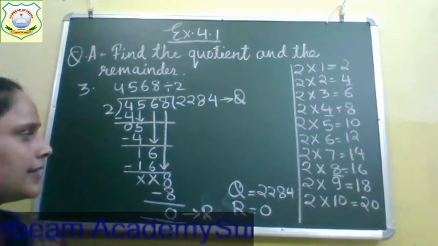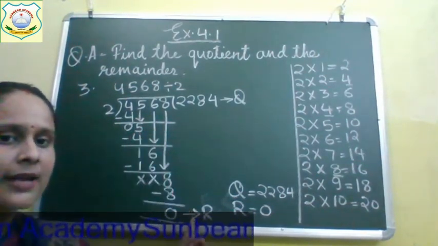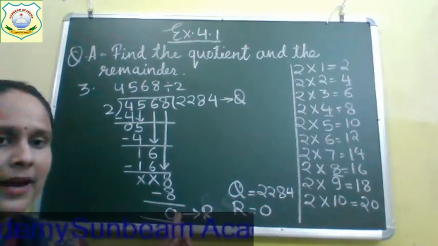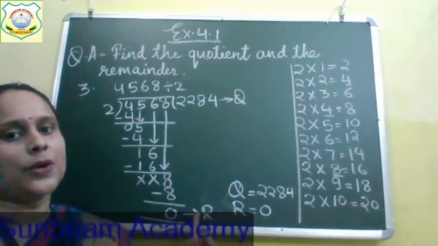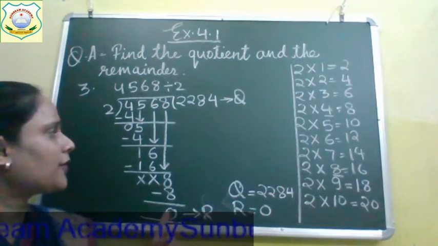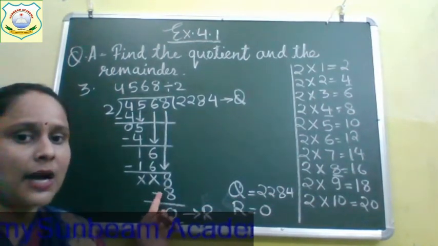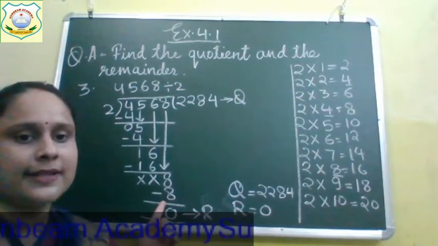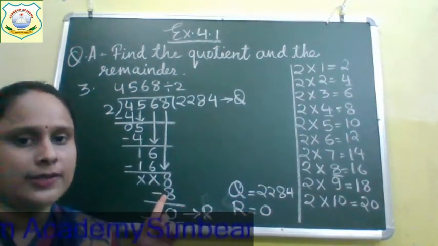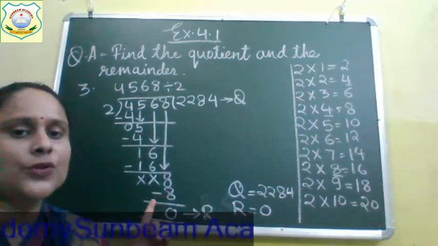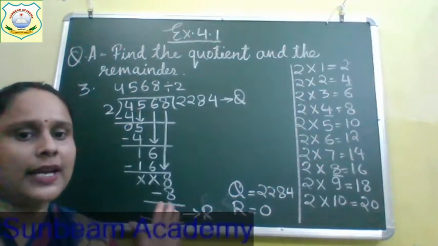So same like this pattern you will follow as I am following diagonal pattern. In the same way you will bring your numbers down. Okay, draw a straight line. If you are bringing 8 down, where I am bringing 8 down, there only you will use pencil and scale if you cannot draw a straight line on your own. Make use of scale. Keep your notebooks very neat and clean.